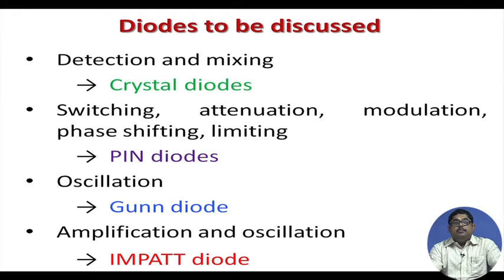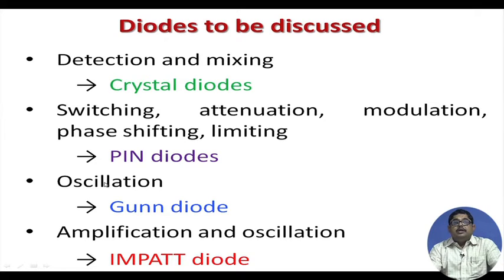In a typical microwave bench, these PIN diodes are used for on off modulation of the RF signal by a 1 kilohertz signal, because the detector is a crystal diode that cannot detect the high frequency signal, but the on off modulation of 1 kilohertz it can detect. The VSWR meter is also a tuned amplifier tuned at 1 kilohertz. So, the PIN diode does that modulation, actually it is on off switching. That will be discussed.